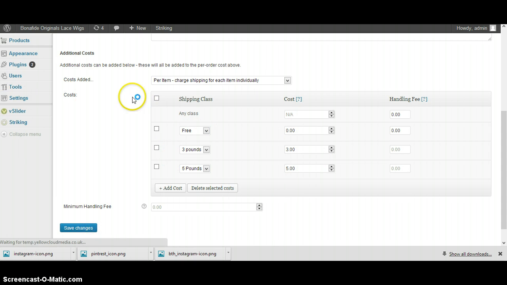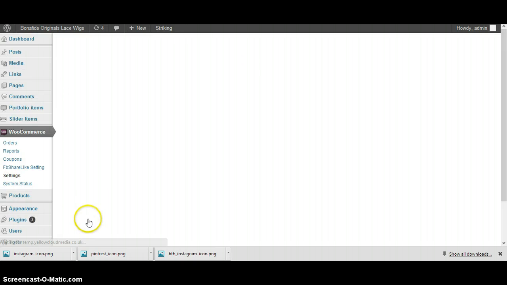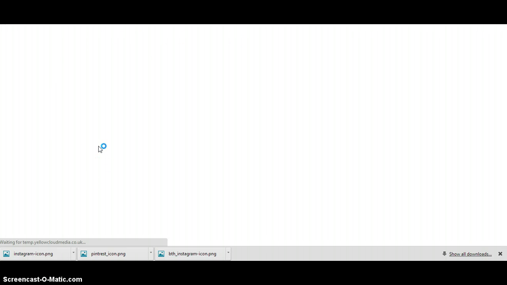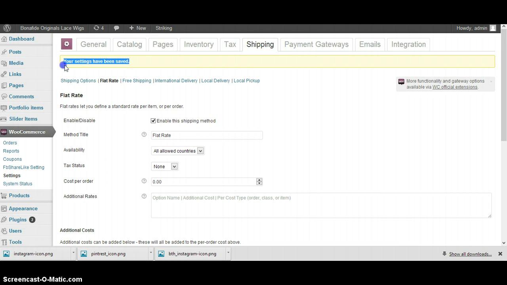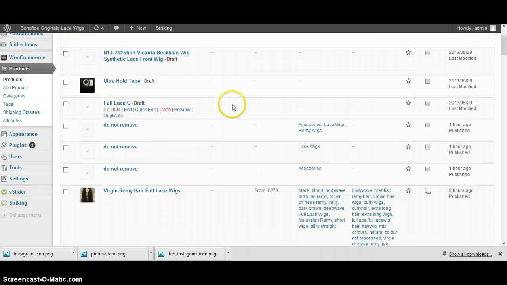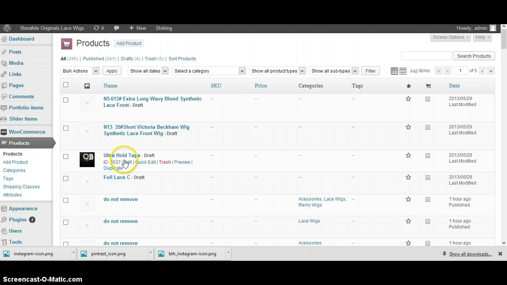So we'll save the changes to this, and that is by clicking this Save Changes button down here. Click it again, and you'll get a message saying settings have been changed. So now let's go back to our product and try and add this shipping class just to check everything's working as it should. So for example, this